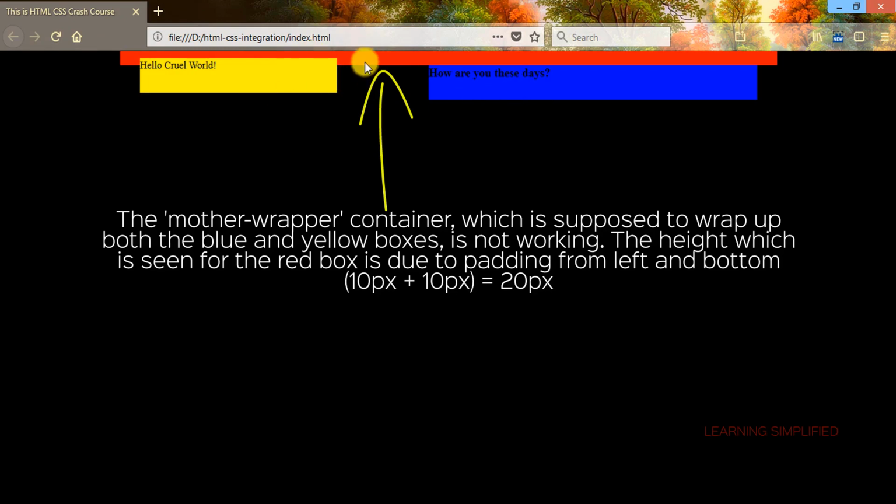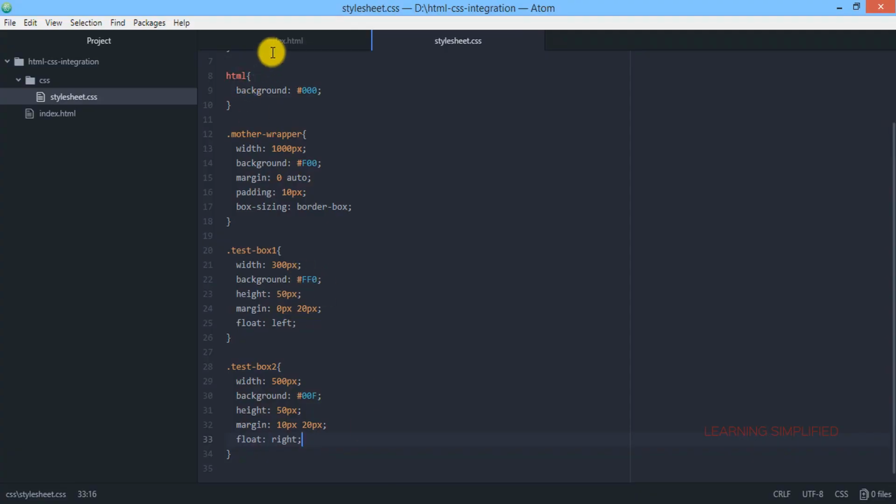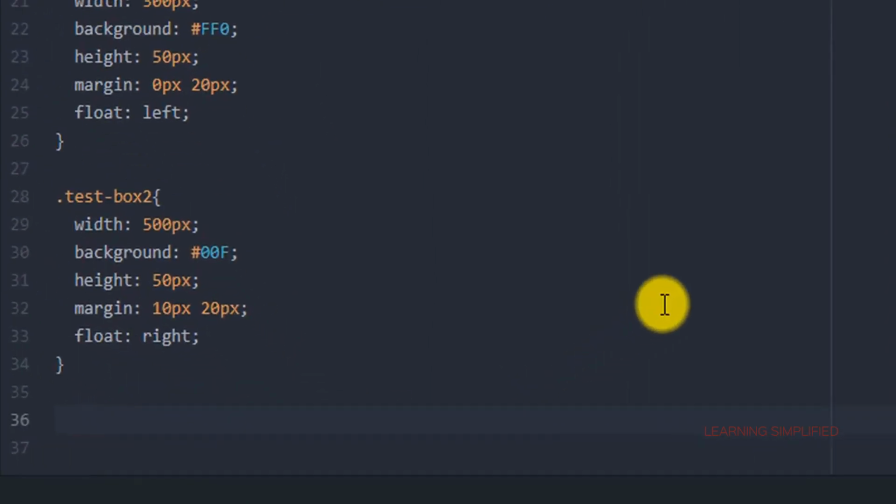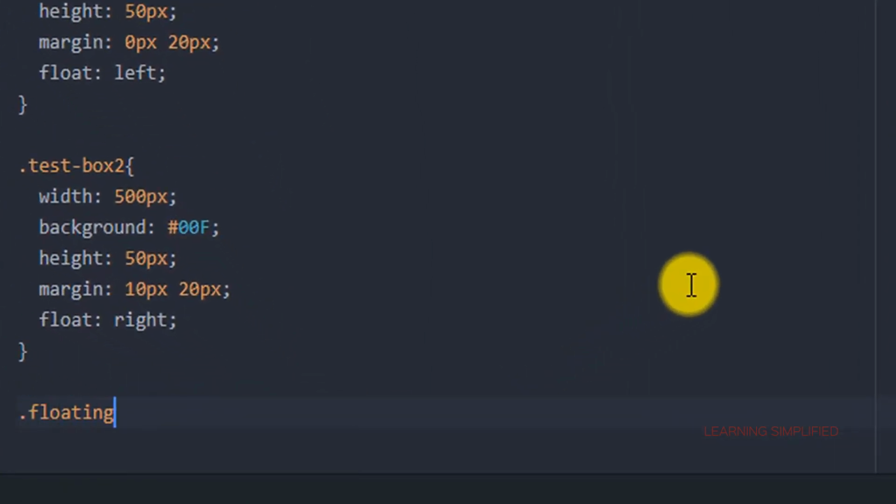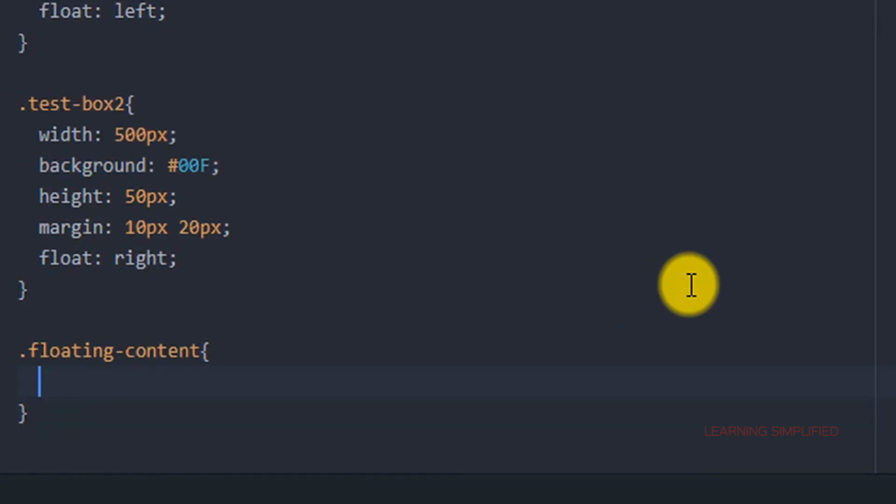So why is it? This is where we will be using a particular property known as clear. This is a particular child element. We will name it floating content, and here we will provide a clear value of both.